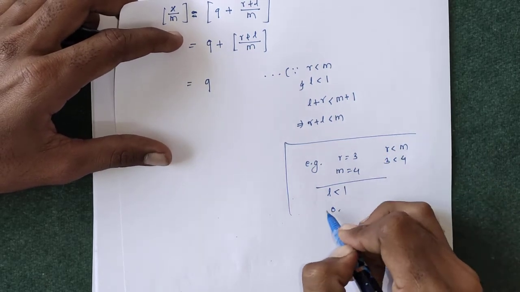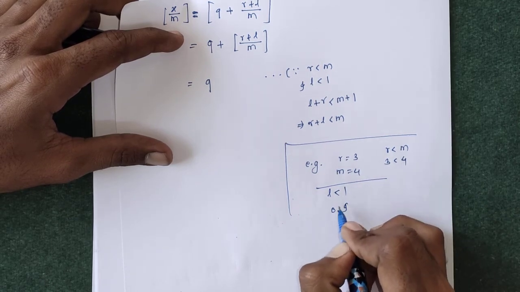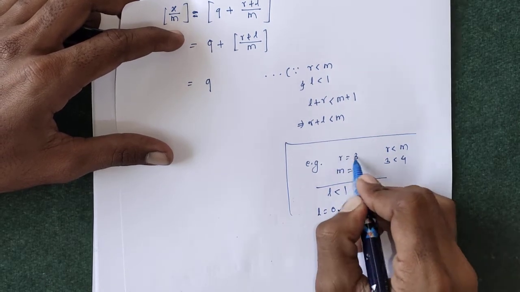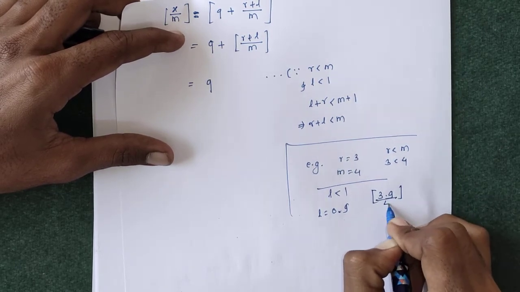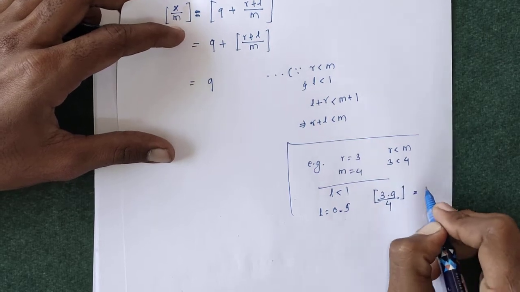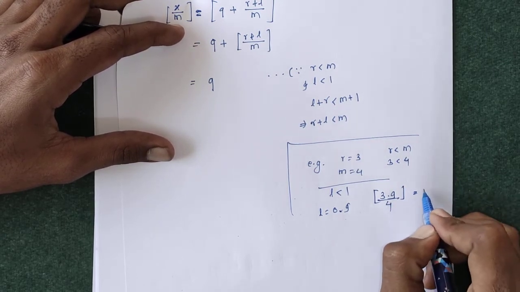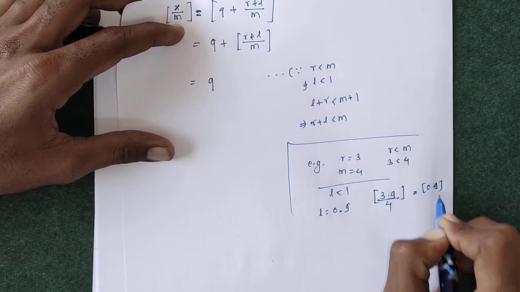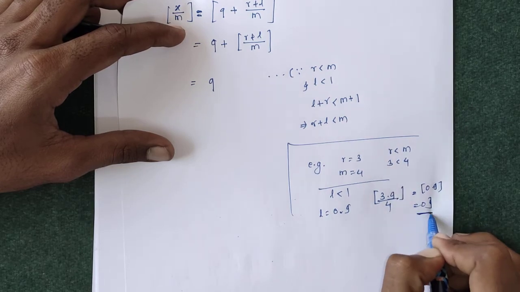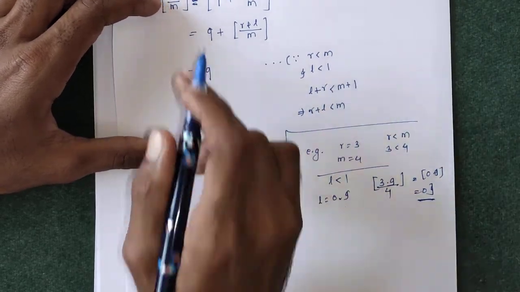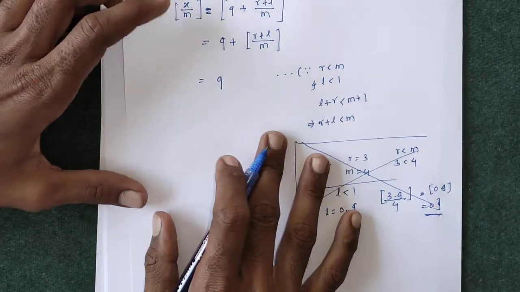So if we add that 0 point some number to r, suppose l is equal to 0.9, here r plus l will become 3.9, and the greatest integer function of 3.9 by 4, that is (r plus l) by m, is 0.9 something. So the integral part of 0.9 something is equal to 0, then clearly the integral part of (r plus l) by m will become 0. So this is the reason behind this. There is no need to write this in your proof, this is sufficient.